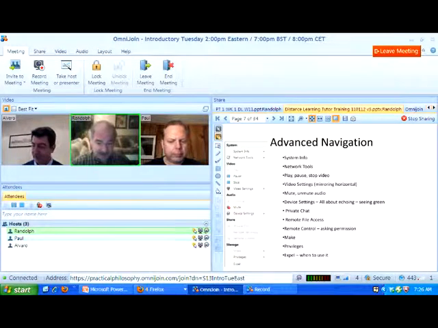Remote file access is not available on a Macintosh, and that's where you can save files in the room. I generally don't use that because I don't know who's going to come into the room, and I may not want a student who missed the class to pick up the handouts. But it is available except on Macs. Remote control is how you take control of a student's computer. But we may get to that if we have time,